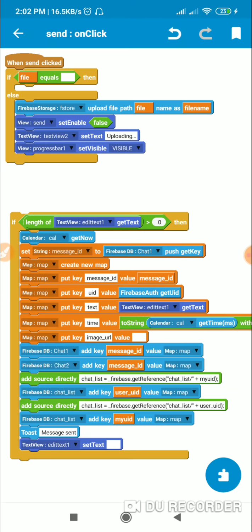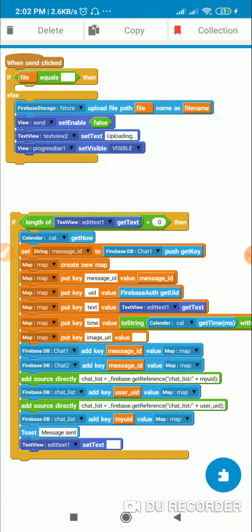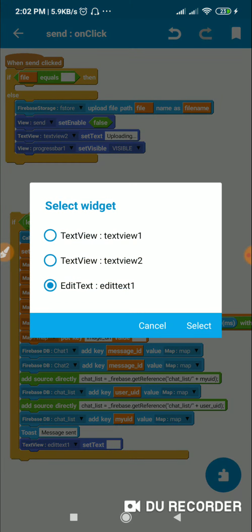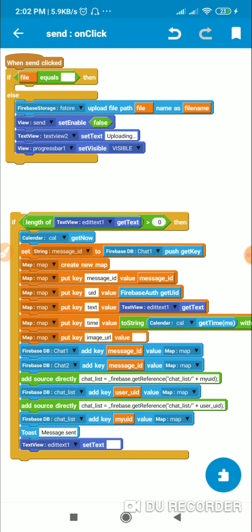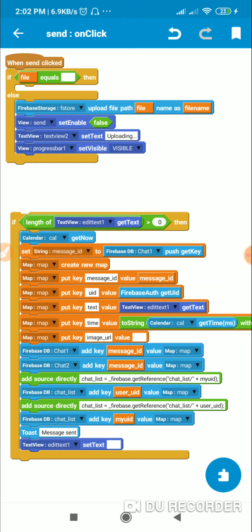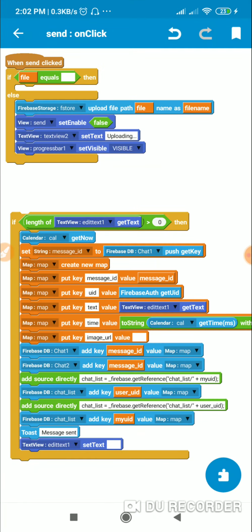I set key message ID to chat1 get push get key. Then I create a new map variable, put key message ID value message ID, put key UID value firebase auth get UID, put key text value edit text 1 get text, put key time value calendar cal get time in milliseconds, and put key image_URL value empty. Here the image URL is empty because I have not picked an image.